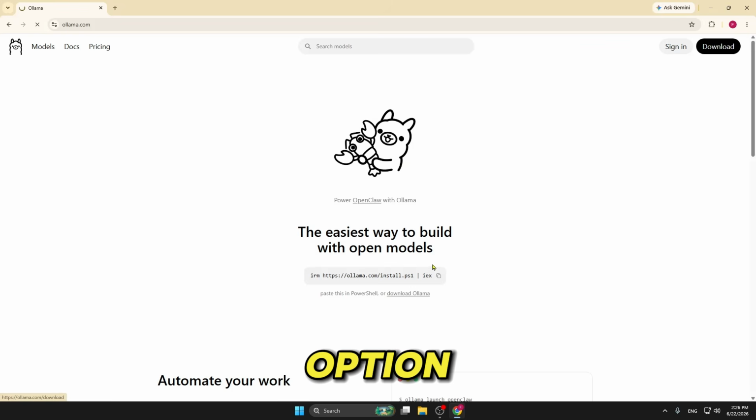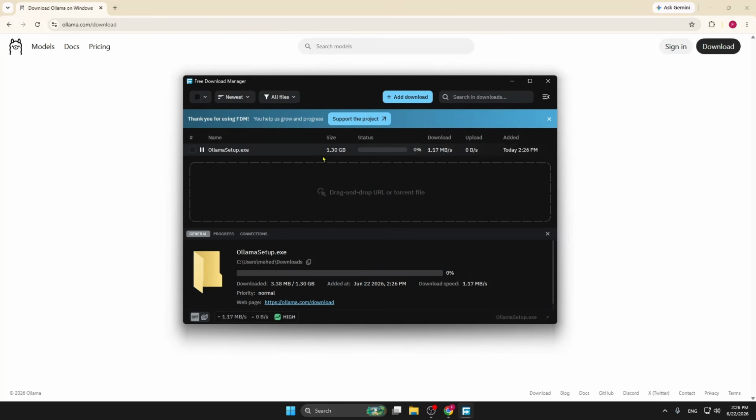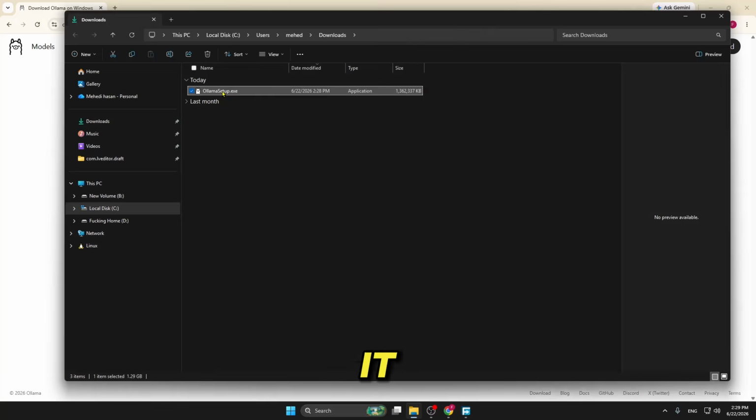Click on the download option. Click on download for Windows. Click on download, and it's about 1.30 GB, so it will take 4 or 5 minutes to complete. It all depends on your internet speed, so make sure you keep your patience. After the download is complete, click on the folder icon, click on it 2 times to install,